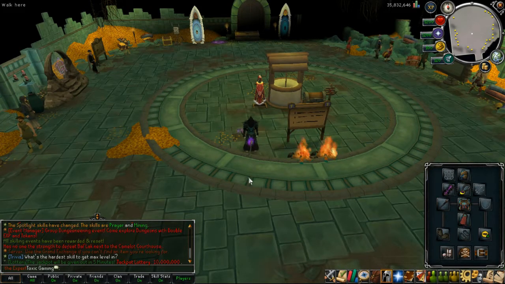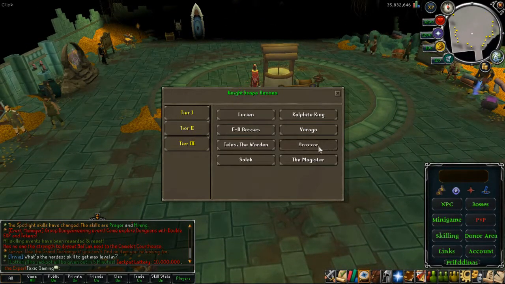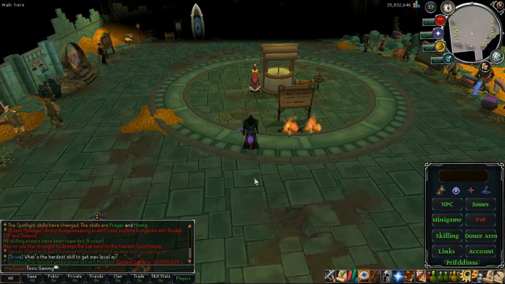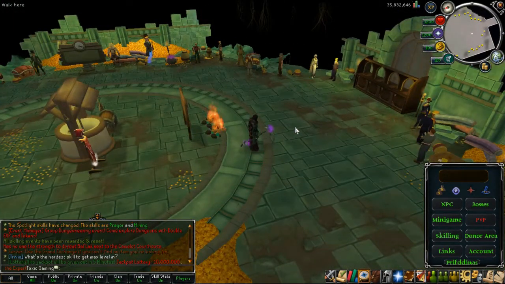They do have, oh, I didn't even mention, they have what's called, for your bosses, they have Erexor for your, what are those things? Noxious staff, noxious scythe, and the noxious longbow, which is all like tier 92 weapons, I want to say, which